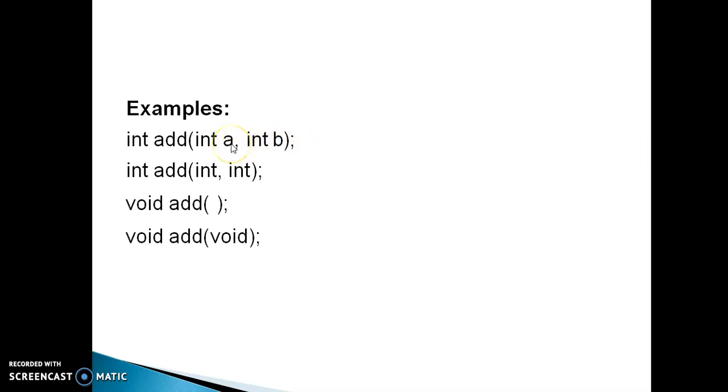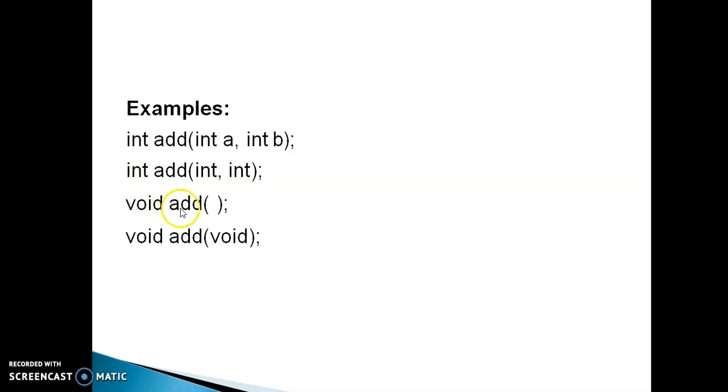So as it is mentioned in the points, the parameter names are optional, but data types are mandatory. Now add is a function where we are passing 2 parameters, and it returns the result as an integer. Definitely, if you are going to add 2 integers, that function will return the result as an integer. So the return type definitely should be an integer. The same function can be written without the parameter names too. The parameter data types are mandatory, but parameter names are optional, and so is the return type.